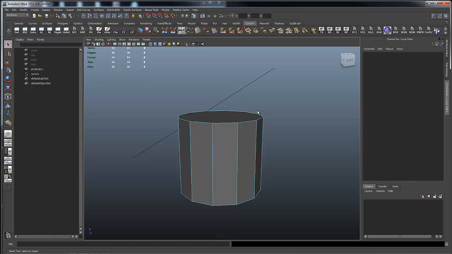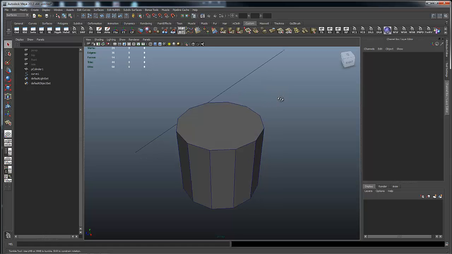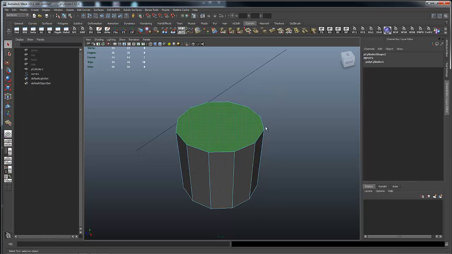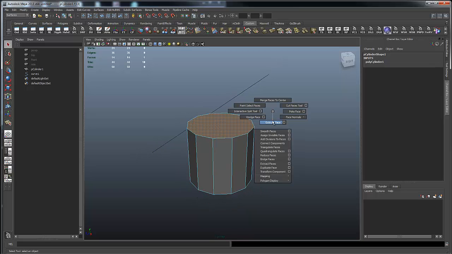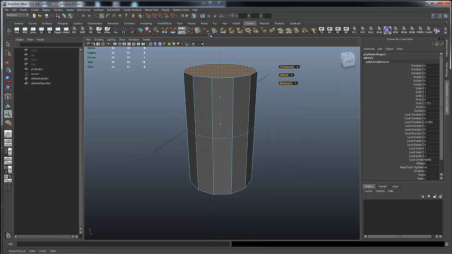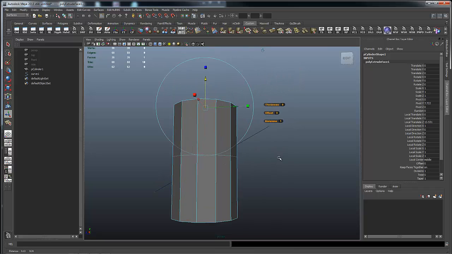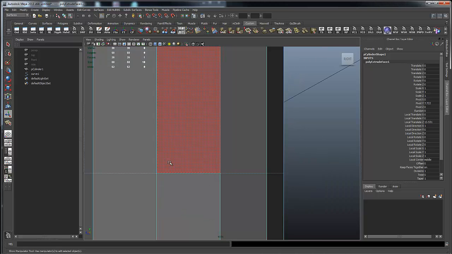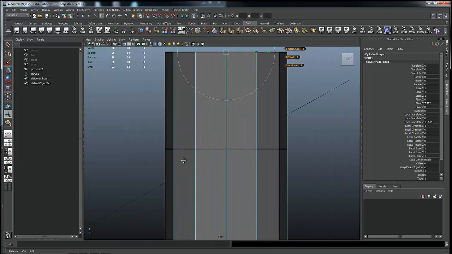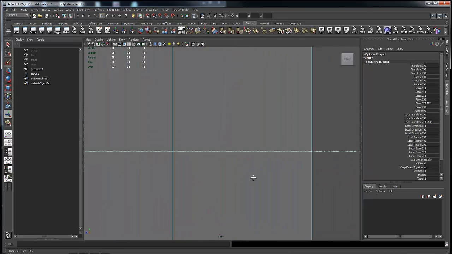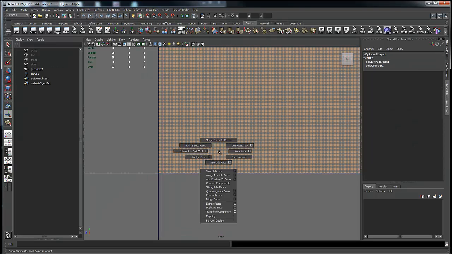So to do this, let me jump out of component mode and go back into object mode. I'm going to select that face and just extrude it up. And then from a side view, and this is kind of Dave's suggestion, you can get in really close, and then in object mode, holding the shift and right mouse button, I'm going to go to cut faces,